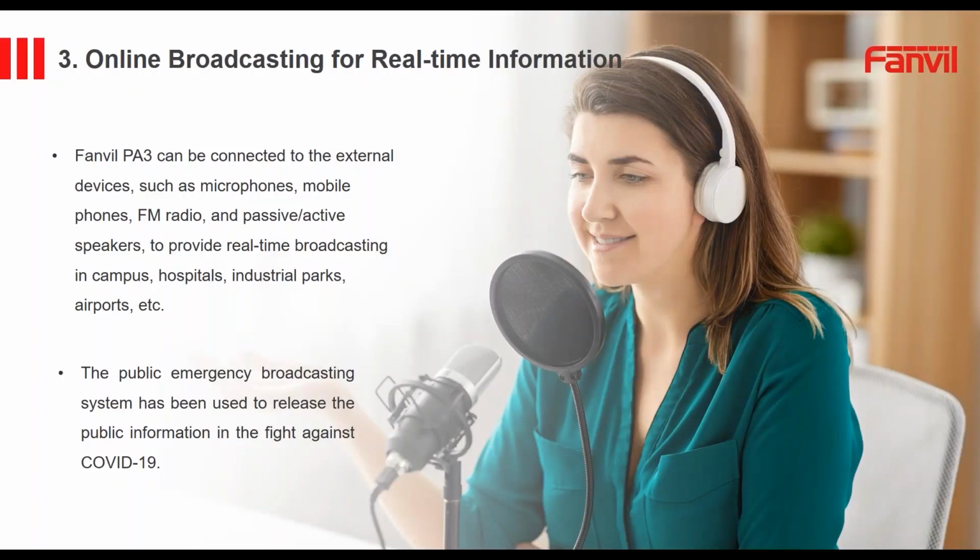Again, this is another thing where you can actually use this for live broadcast systems. In the case of school systems, you can couple this PA3 with our X210, which is one of our broadcast type of telephones that allows you to speak into a phone and provide broadcast through emergency broadcast systems, through schools, through hospitals, or through any particular real-time broadcasting across this device. Many people use this for train stations to broadcast schedules for any other type of